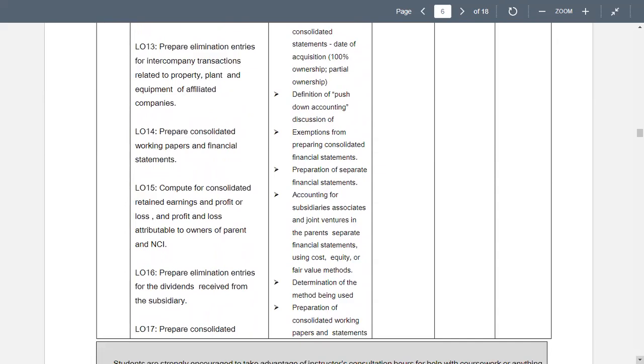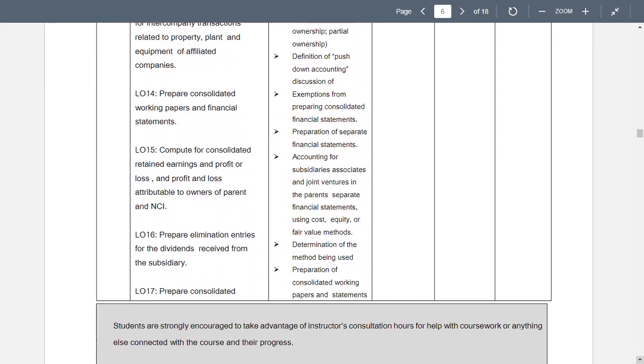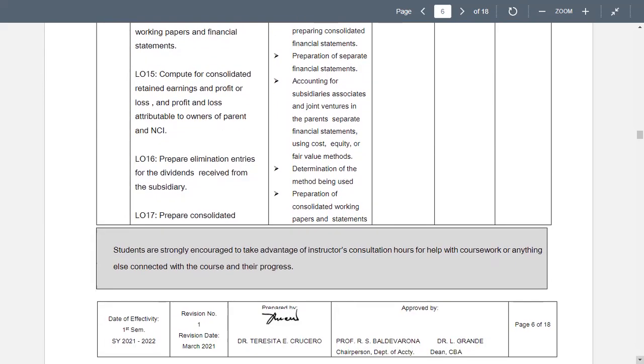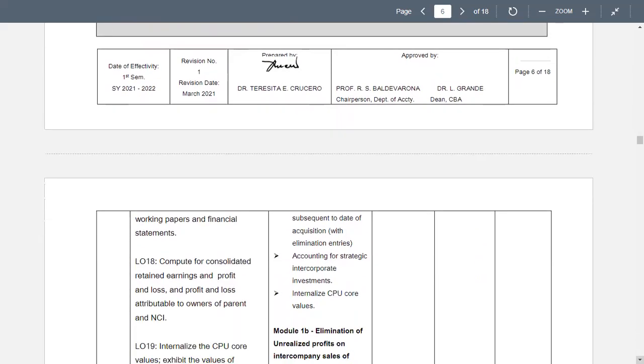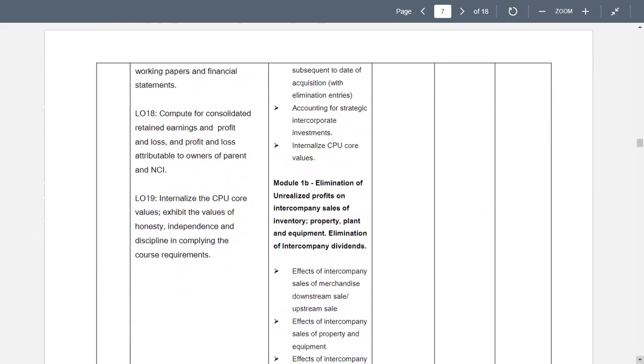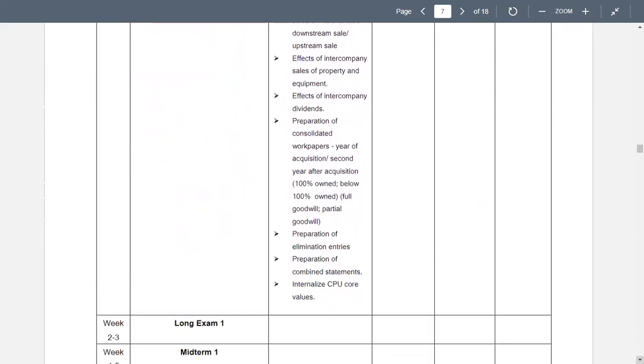15. Compute for consolidated retained earnings and profit and loss attributable to owners of parent and non-controlling interest. Prepare elimination entries for the dividends received from the subsidiary. And prepare consolidated working papers and financial statements. Compute for consolidated retained earnings and profit and loss attributable to owners of parent and non-controlling interest. Internalize CPU core values. Exhibit the values of honesty, independence, and discipline in complying with the course requirements. Now, these are